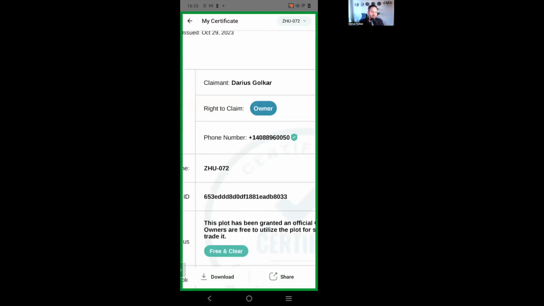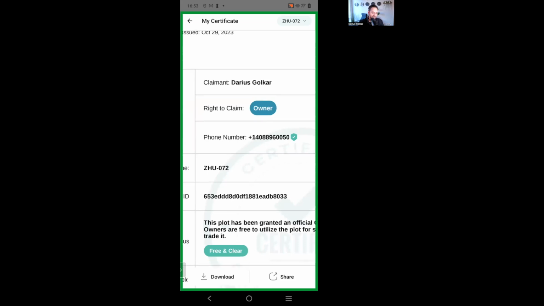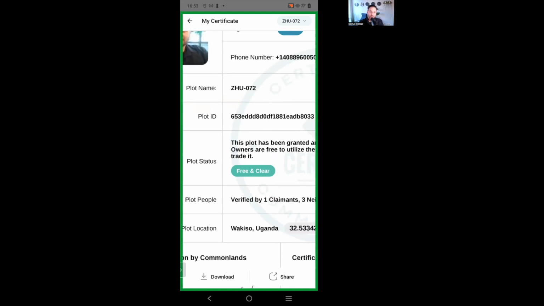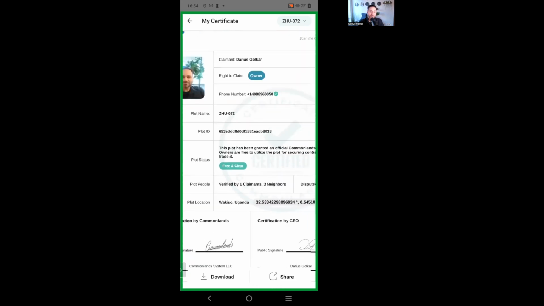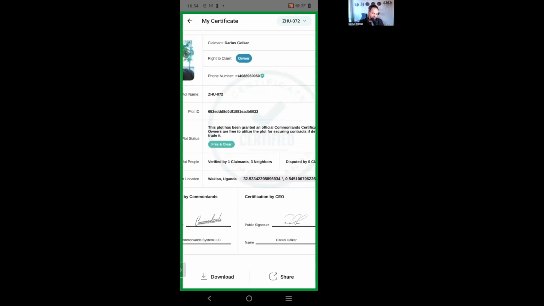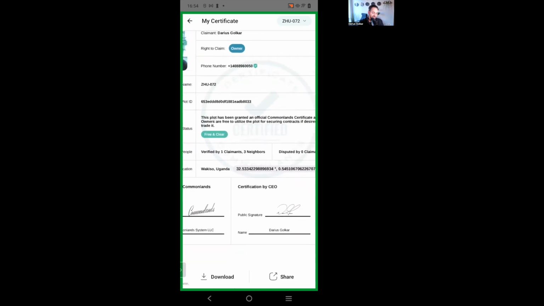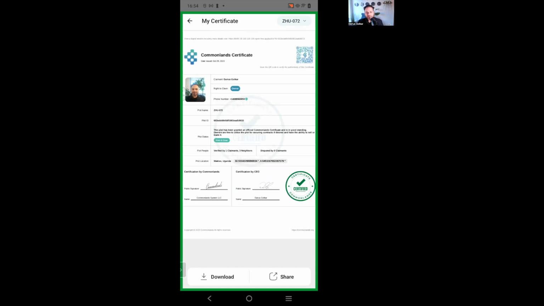It shows my verified phone number, that I'm the owner of plot ZHU072. It gives us the plot ID, and it says that it's held free and clear, verified by one other claimant and 3 neighbors, and disputed by nobody. Okay. So this shows it's held free and clear.